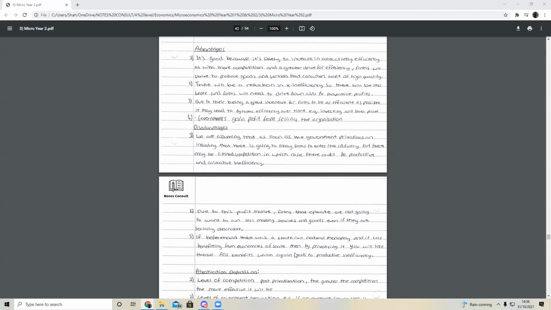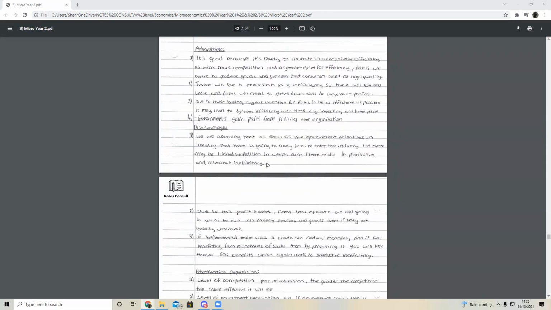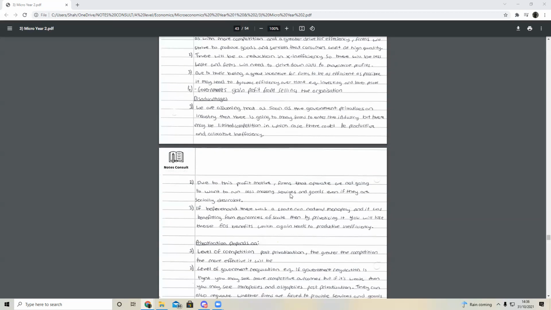It's a good point actually. How would it lose those benefits? I think it's because with a natural monopoly there should only be one, otherwise it's a waste of duplicate resources. If you allow for more competition, then it's not really good, so you're going to lose some economies of scale benefits.